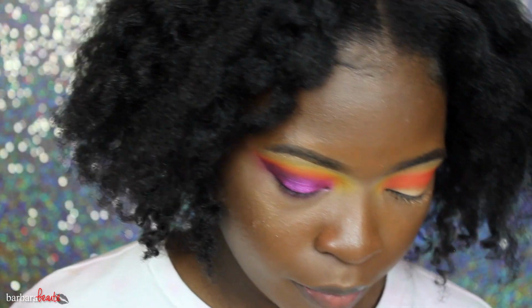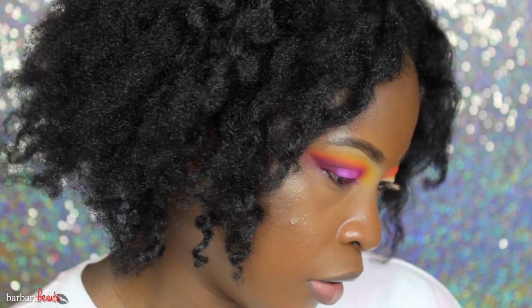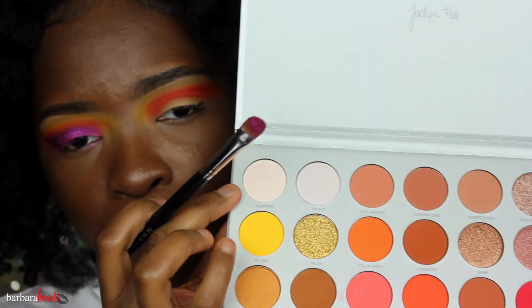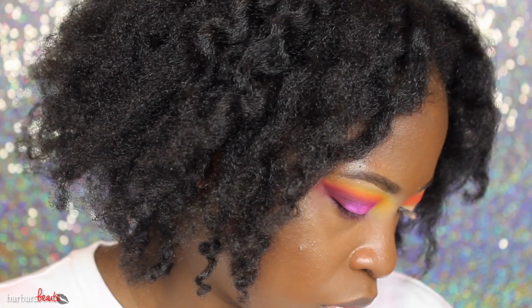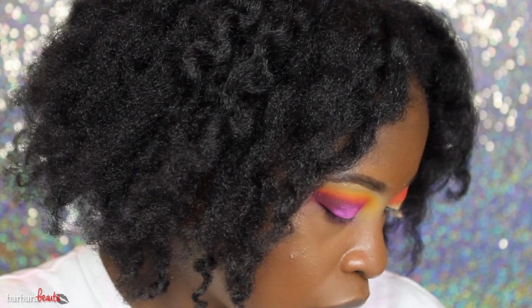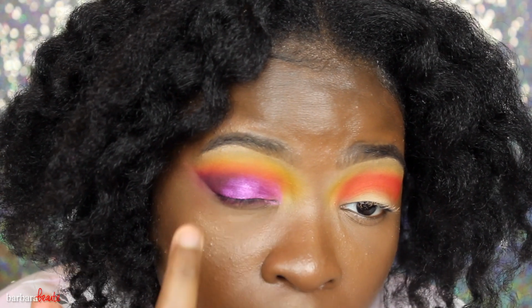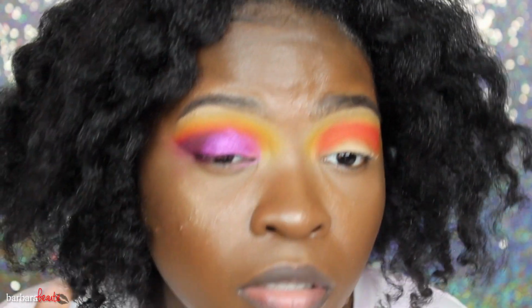Now we're gonna go on the other side of the brush and take a really light color. Probably this, I'm in it because I see some reflex of purple. I'm very curious. Ooh, I'm dirtying it. Just in the center, see what that looks like. It's a very buttery color. Yeah, it definitely gives it dimension. It's a sparkly color. I'm gonna blend the edges of this purple out with